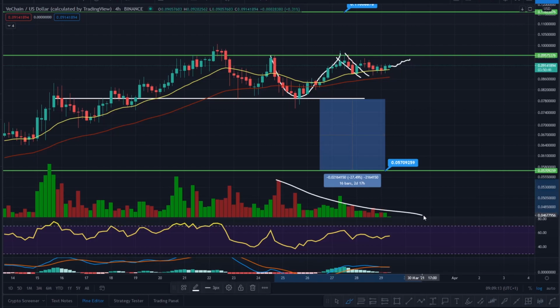You can see that the volume's tailing off as well. That's always indicative of a push, of a move, whether that's to the upside or the downside. But what's strong here, we are getting held up by the EMAs, and you can see the EMAs creeping up. So as the EMA creeps up, it's going to force Vechain to keep holding it as support, get close to this level, and hopefully we can get that